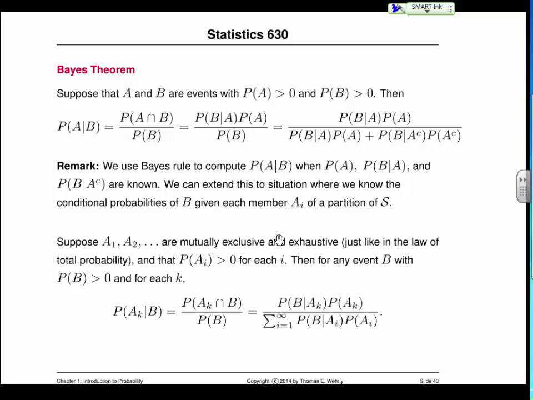So today we will finish the first chapter on probability, and then we'll start discussing random variables, some of the basic ideas of random variables, and in particular discrete random variables today. So what I'd like to do is start off by going back to Bayes' theorem, which we looked at last time,